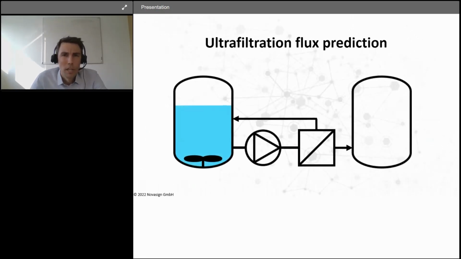The next thing I want to share with you is a downstream showcase. Here it is about ultrafiltration flux prediction. What we want to do here is to predict basically the duration of an ultrafiltration process as accurately as